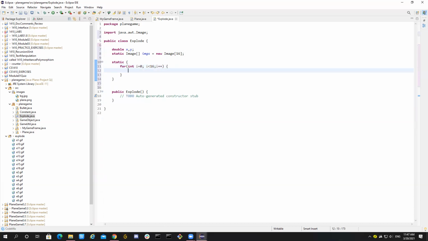Okay, so images i equals, and now we need to call our game utility. That's how we read our file, remember? And then we call it get images, and then we can give it the location. So it's gonna be, let me think. It's gonna be